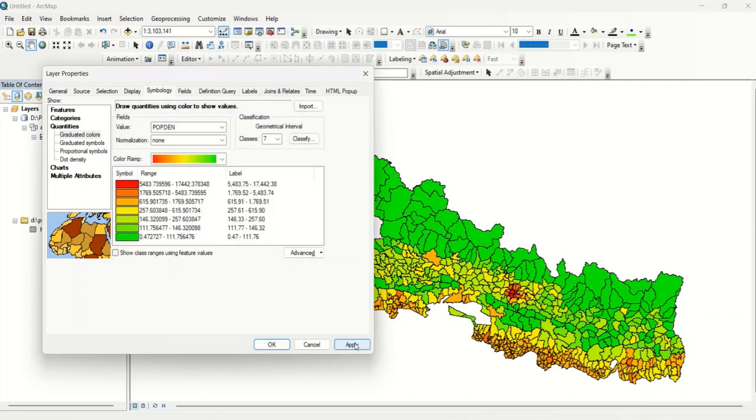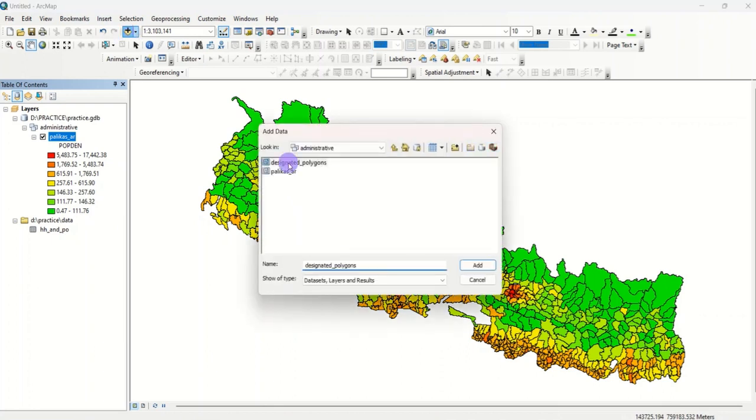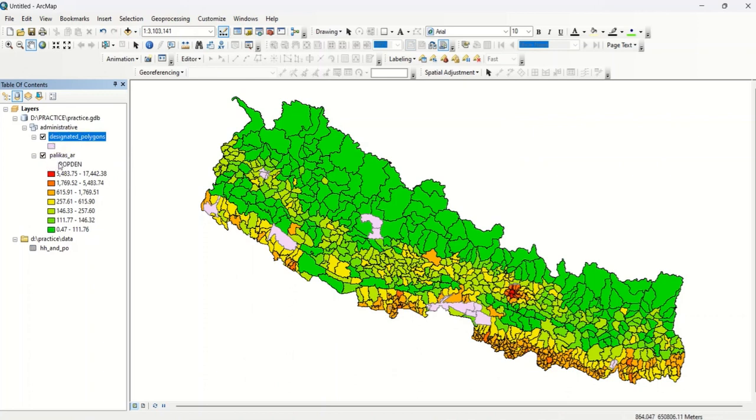So we apply this symbolization pattern here. You can see some white polygons here. These are the designated areas where we do not have population. Designated means national parks, hunting reserves, conservation areas, and so on. To fill up these polygons, we have one more layer, designated polygons. We add it and move it downwards,